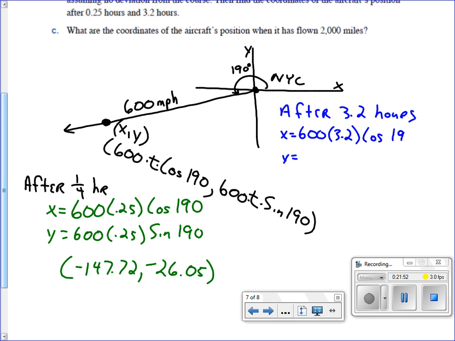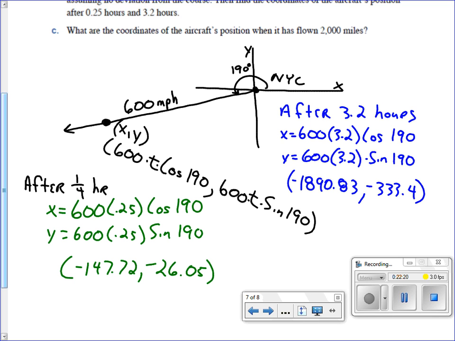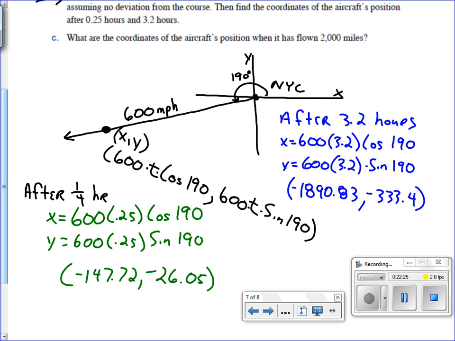Y is 600 times 3.2 times the sine of 190, giving us values of a negative 1,890.83, comma, negative 333.4. On part C, it asks, what are the coordinates of the aircraft's position when it